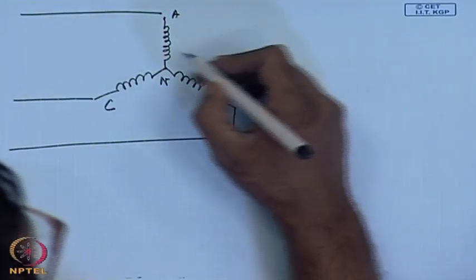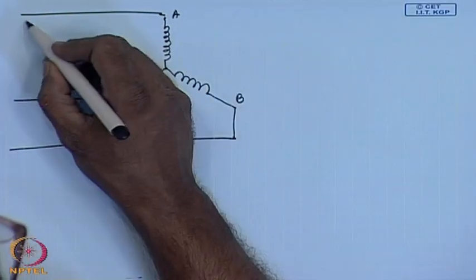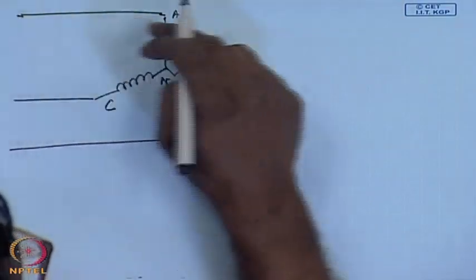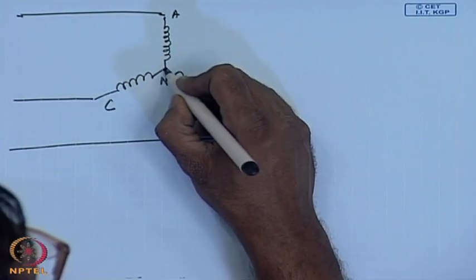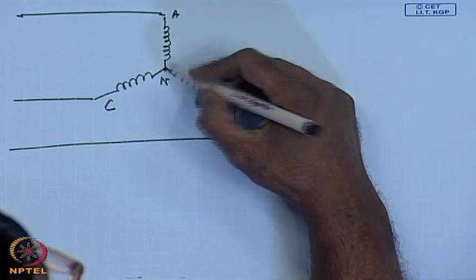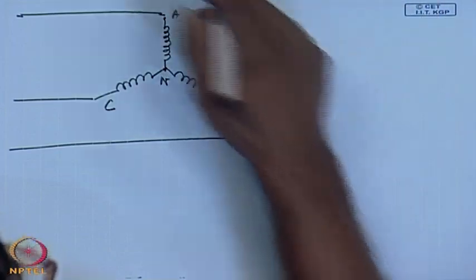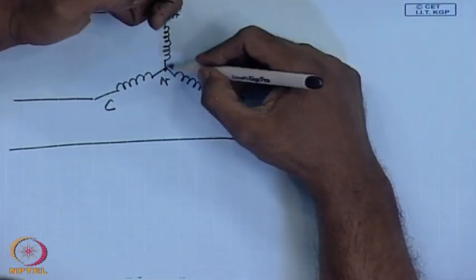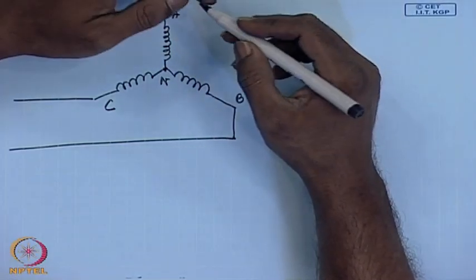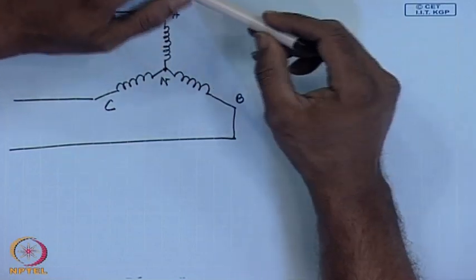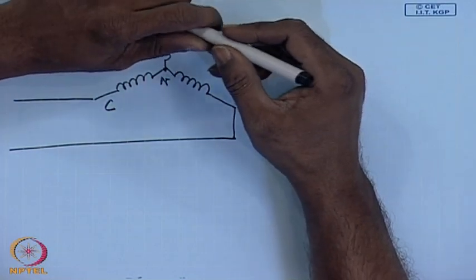So, suppose we have applied a balanced 3 phase voltage to this isolated neutral winding. The other winding also is star connected and does not provide a return path for the third harmonic current. In which case, since there will be no third harmonic current, the no load current will be almost sinusoidal and the flux will be non sinusoidal, and the